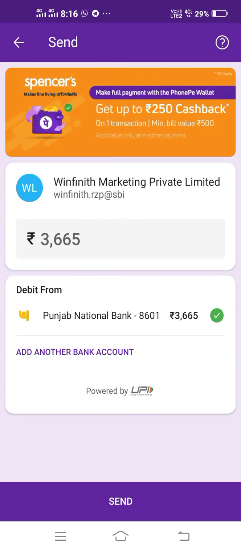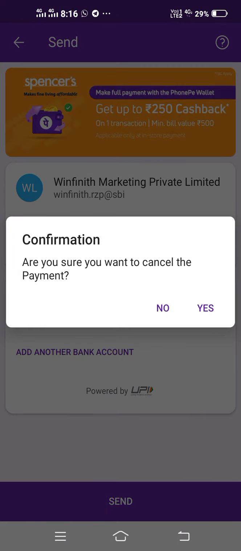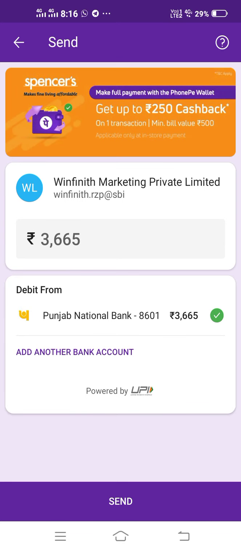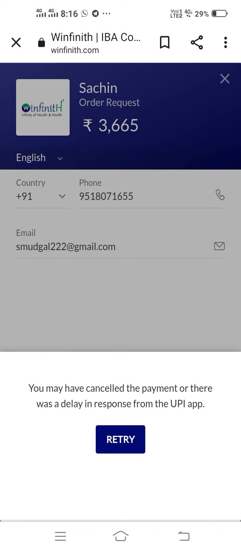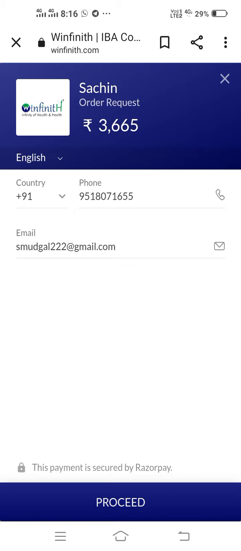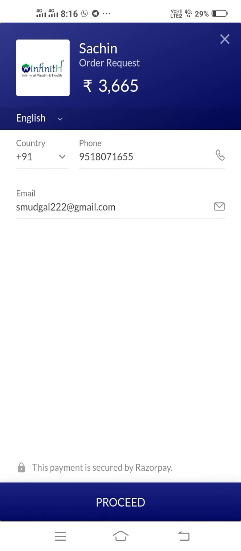Look, this is your order statement, and you can click on send. Your order will be done. And when you are done from PhonePe or Google Pay, then you have to click on proceed. Your order will be complete.